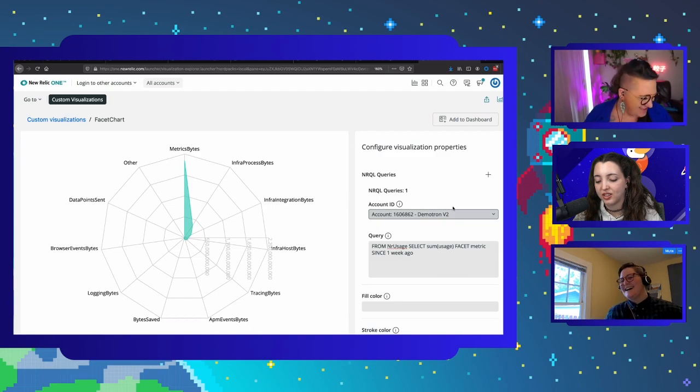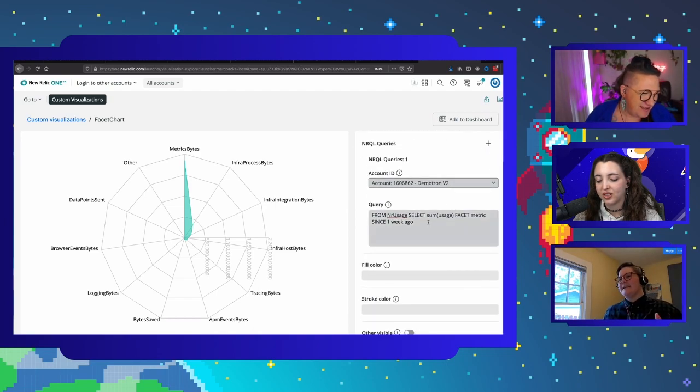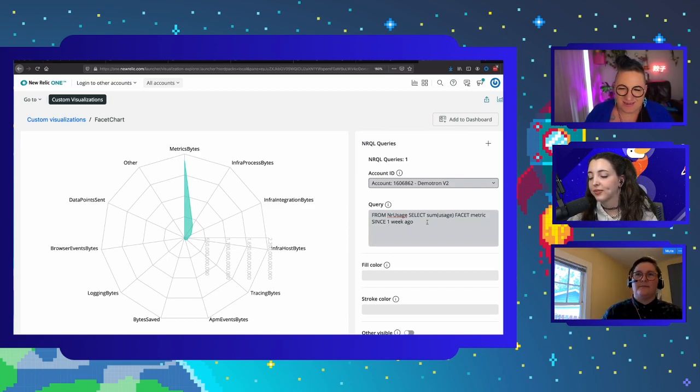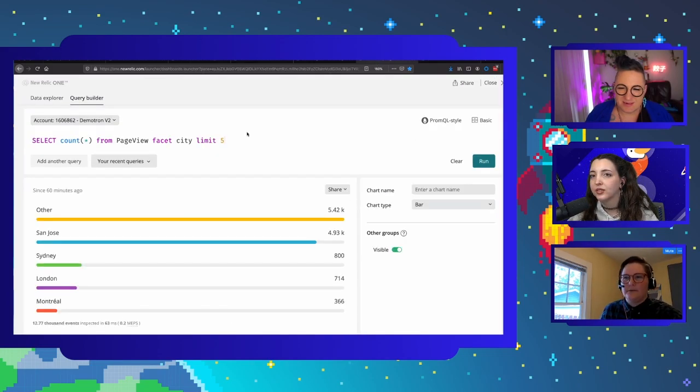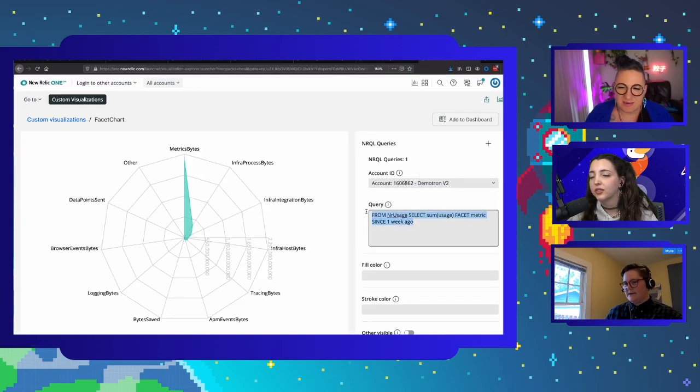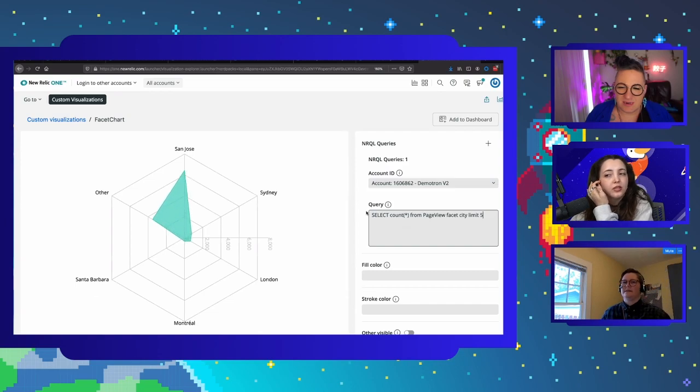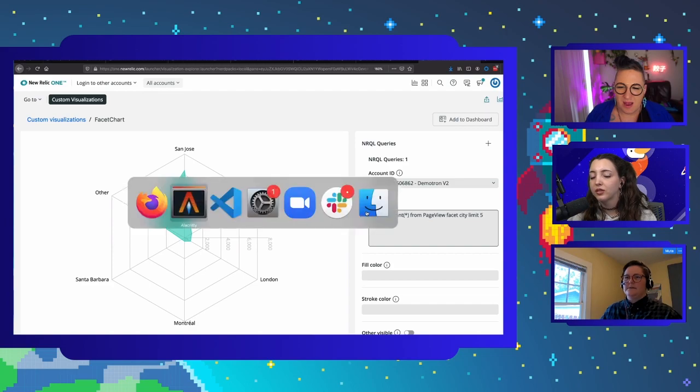Cool. So here we've got that example query that was coming from the empty state, just usage data. This is something that everybody should have, so you'll be able to see something when you first load this. But let me click the other visible. All right, other's already there. It's not changing anything because we haven't hooked it up. And also let's put a better query in here, or not better, I should say, maybe just what I want to correlate to what we've already seen. So we've got those 5 cities in the other category by default, but going back to the code,